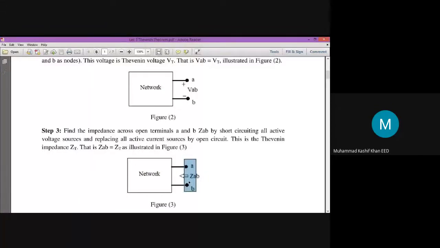To find out the total impedance of the circuit, the reference points will be point A and point B. You will concentrate on point A and point B. These point A and point B will determine the symmetry of the circuit. By symmetry of the circuit, I mean to say that which elements are in series and which elements are in parallel. So you have to concentrate on these 2 points. You do not have to look at the apparent layout of the circuit. You have to take into consideration these 2 points.